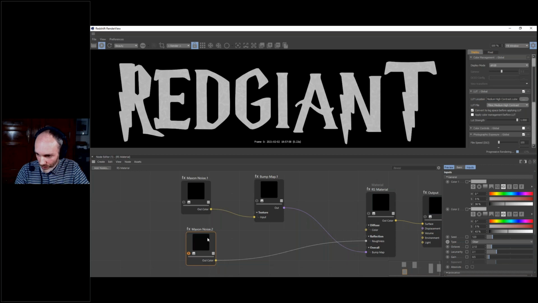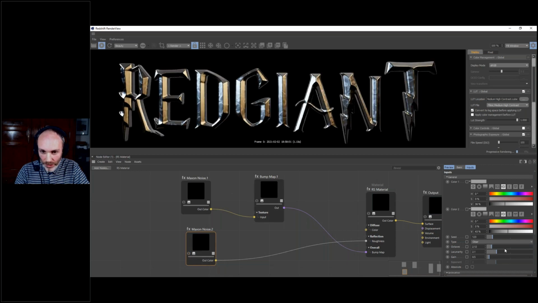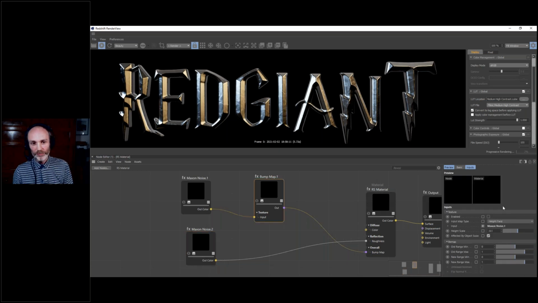If I increase it, we'll have more details inside. Now we can jump back to our bump and add the noise to the bump. And at last, we could just activate our random field back.